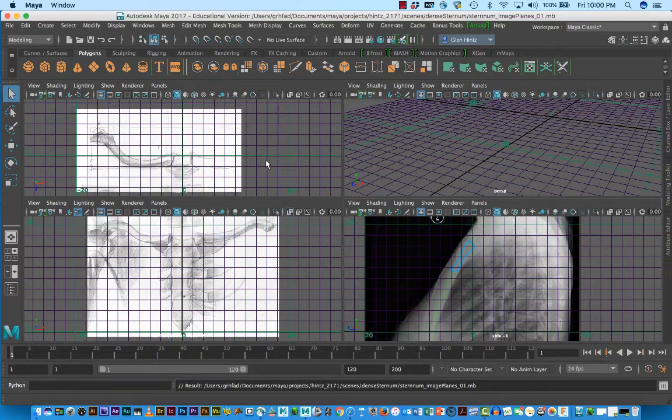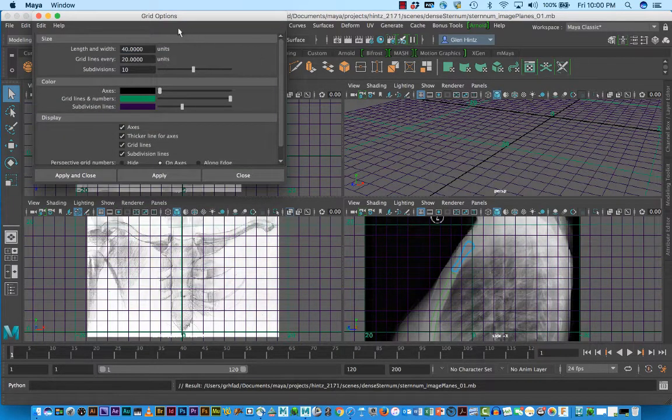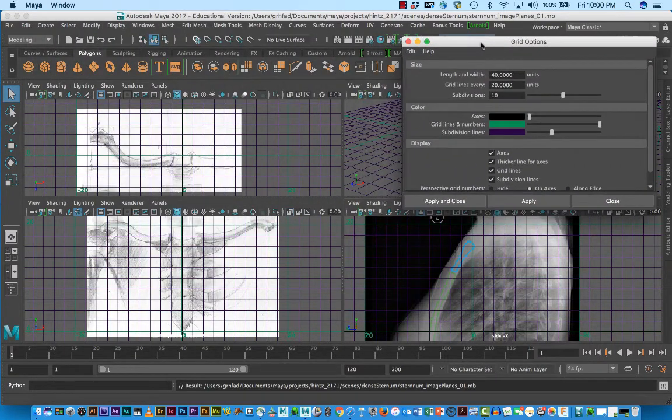The setup for this sternal modeling will be to create image planes. These are your sketches. This is the X-ray. What I've done is worked with the grid to give me 20 centimeters. Remember, each unit is a centimeter, and I divided that by 10. So that helped me approximate 17 centimeters for the